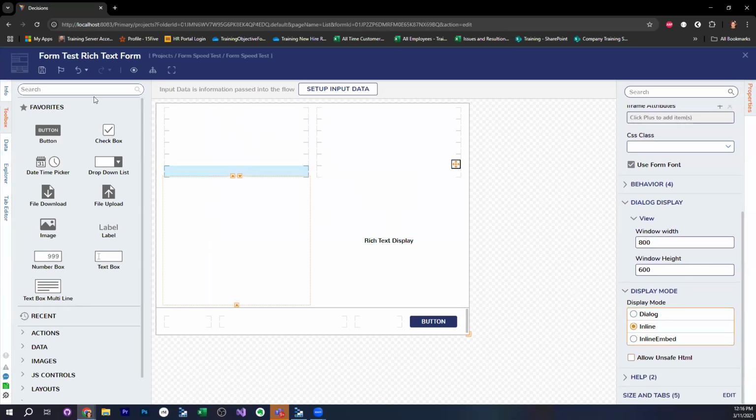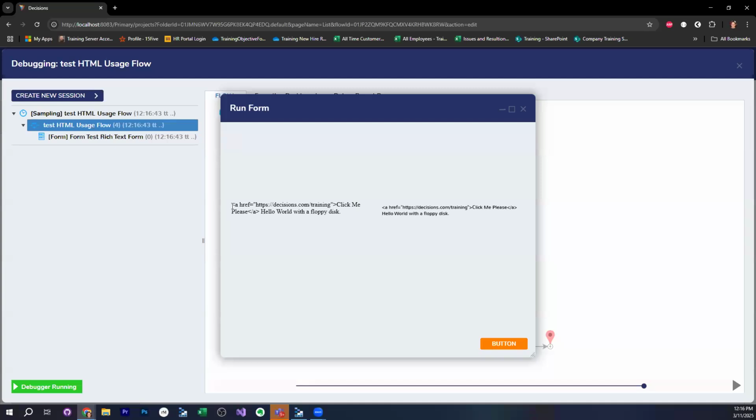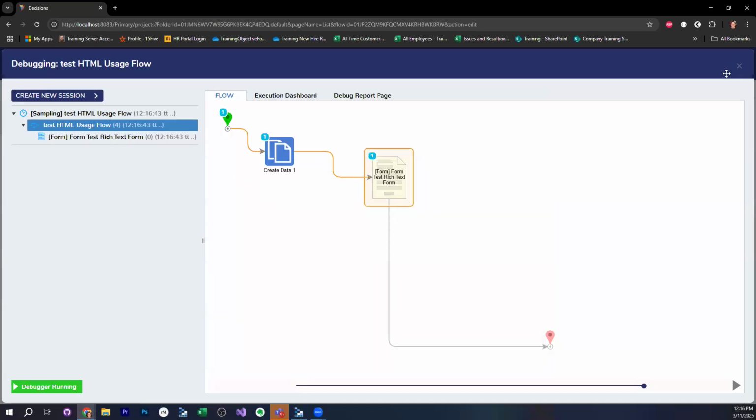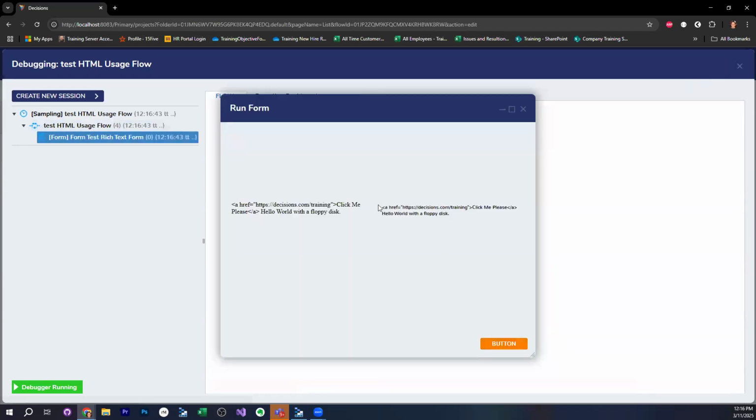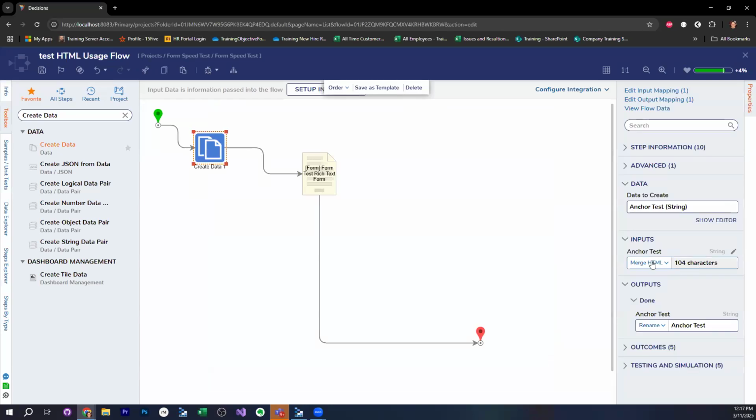Let's do this. I want to do it inline. What is inline? I think inline is just going to load the page or try to load the page on the thing. The font's different too. When you do render that, yeah, it doesn't render there. Are you able to create it here?